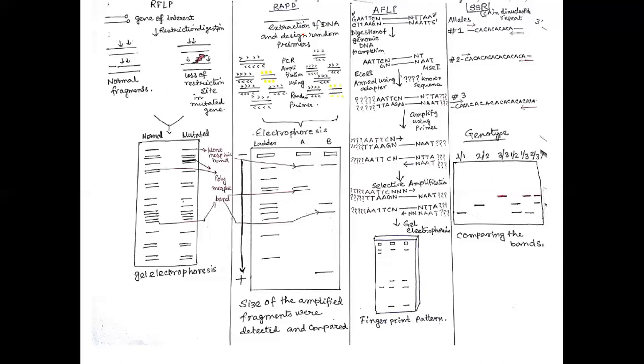Random oligonucleotides can be complementary to any part of the DNA, and they can readily bind to it, and the polymerization will begin. Because they are different types of primer, they can bind at any location within the DNA. Several fragments of PCR products can be developed, and if we do electrophoresis of this PCR product, you can get